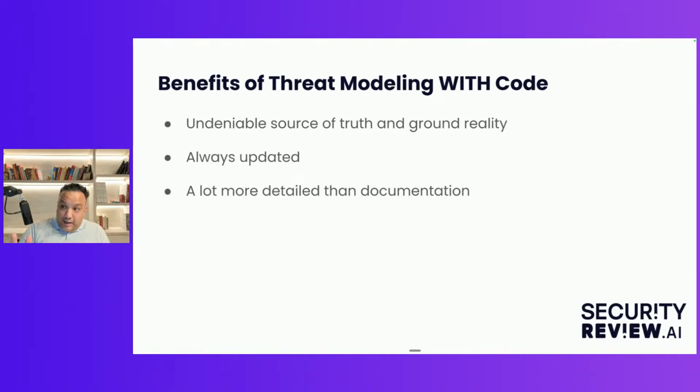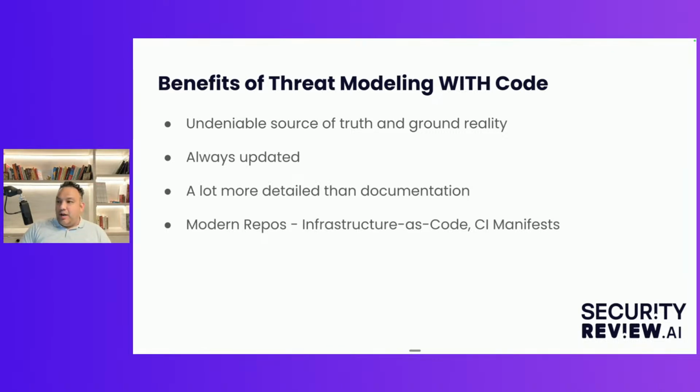All of that stuff is part of source code in many cases. And of course, with modern repositories, like I said, they are not just a source of application source code, they are also repositories for infrastructure as code. They're repositories for CI manifests, your deployment manifests, your tests, your test cases, and so on. They're repositories for all of this stuff. So it's like this mono repo that contains, in a lot of cases, it's a mono repo. I'm not saying it's all the time, but there's a mono repo that contains all of